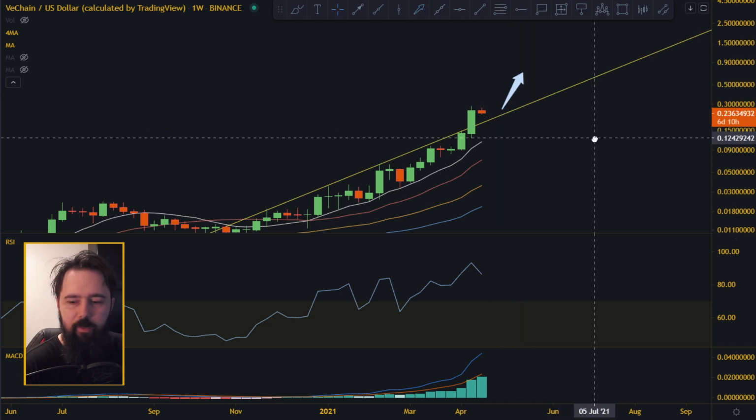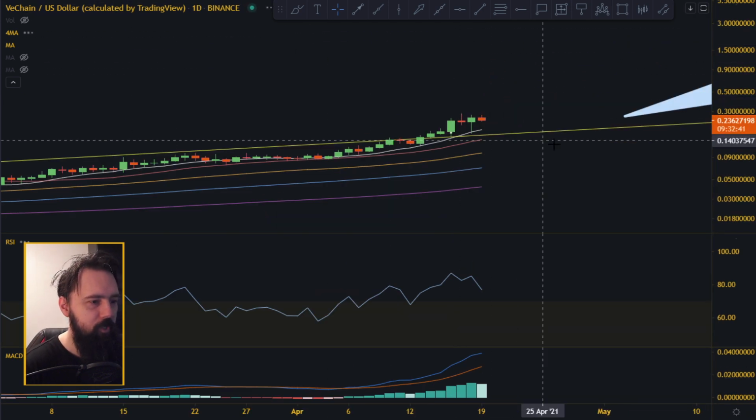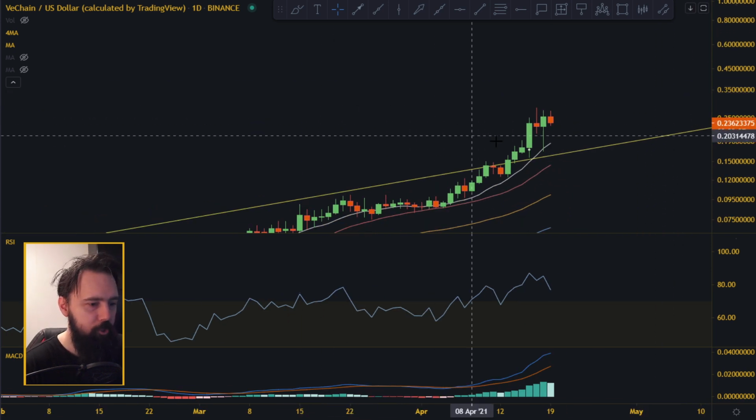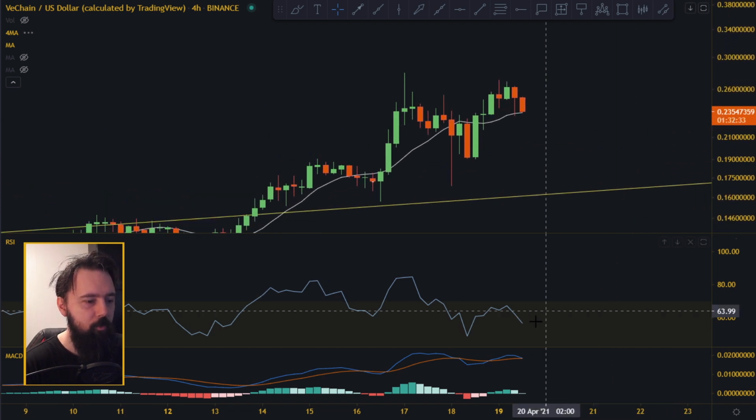But right now it looks really overbought. It looks really overbought. So that's the dangerous signal I see for VeChain right now. Also on the short term, this looks like some kind of top. I'm gonna show you what I mean by that. We're gonna go to the small time frames up here, and this is something called